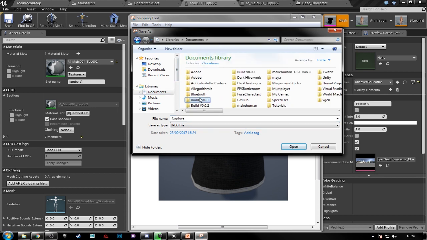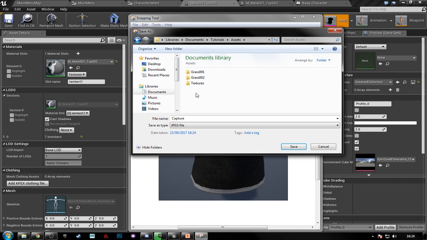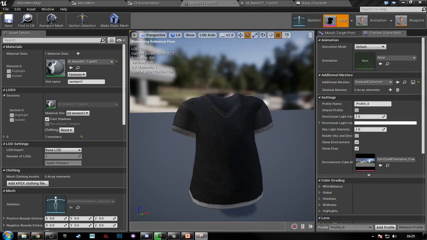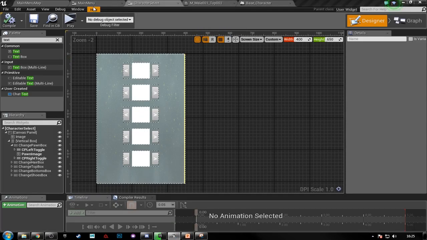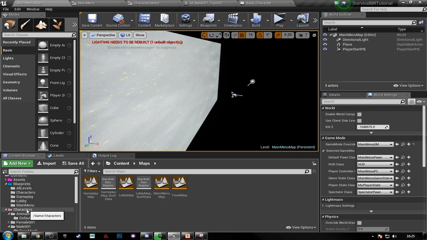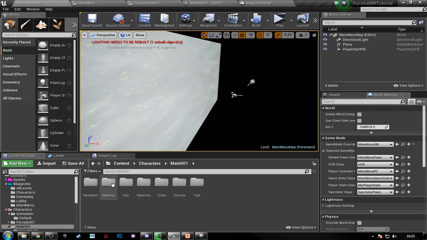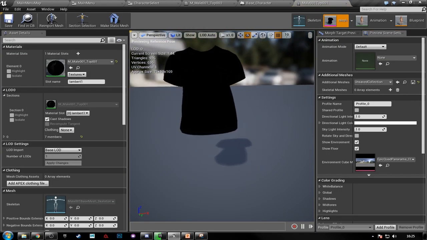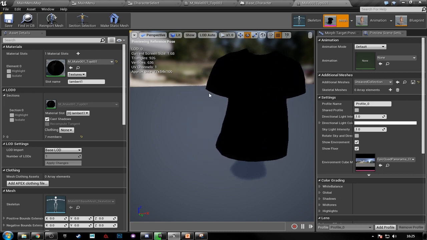For now I'll put it into my tutorials, assets, and let's just call this grabs. Okay, and I'll call this male 001 top 002. So I now have my first top. I'll drag this over to the other screen just now, and let's actually head over and grab the original. So let's go to male and tops and grab the black top and do the exact same so that we have two different versions of the top,